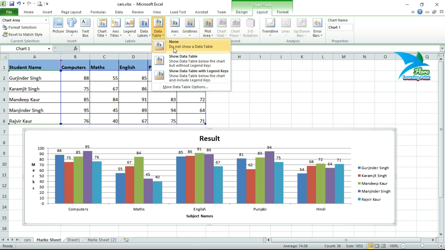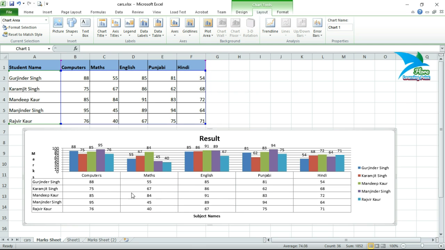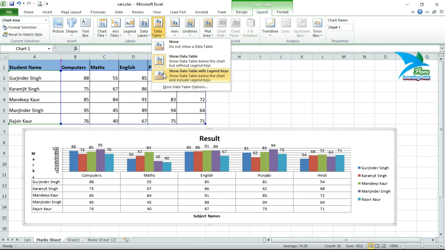Next we are having data table. By default none has been selected. If you show data table, that means it will show the data table below the chart, but without legend keys. So for example, I'll select this one, click this one, so it will show all the values in a tabular form also.